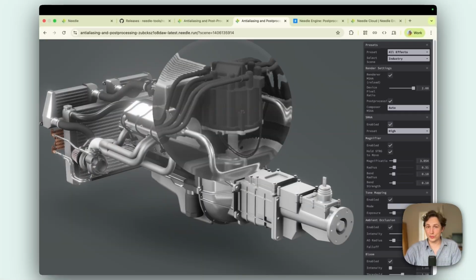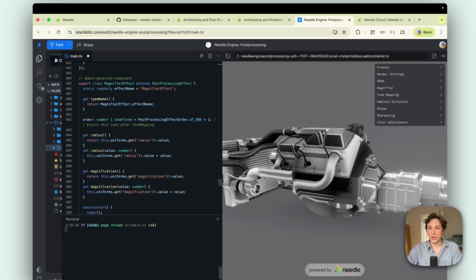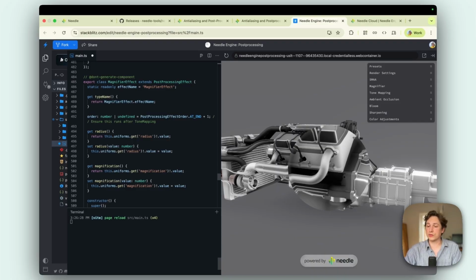So if you want to know more about the details on how this works and why it works and how you should set up your scenes, I recommend taking a look at the article. If you just want to play with the code, you can do so as well. As usual, we're providing a StackBlitz page that leverages Needle Engine to render this scene and shows how to set up